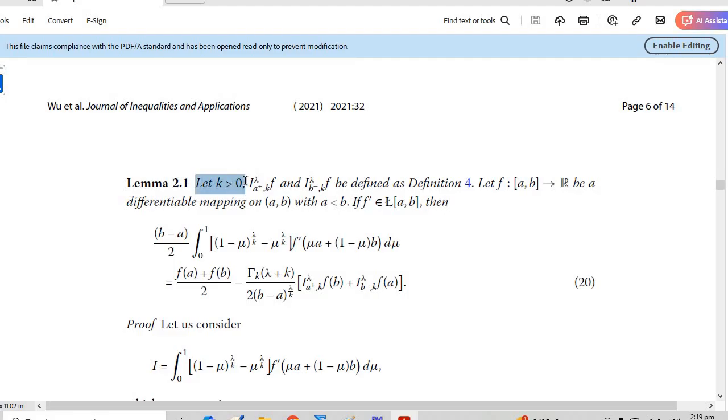We have k greater than 0, and these are the two left and right sided Riemann-Liouville fractional integrals defined in Definition 4. This was given previously. I will share the same document with you through WhatsApp or email. You can read it